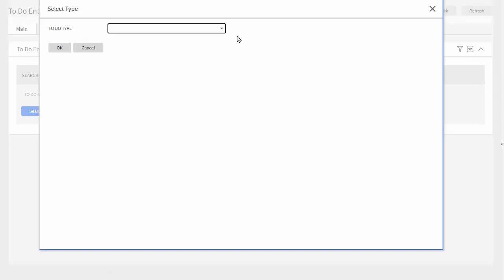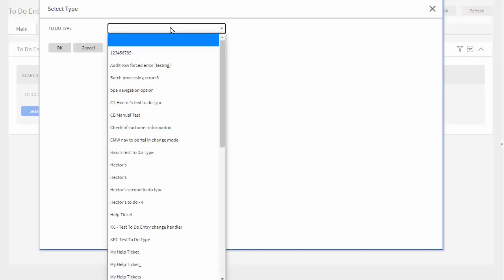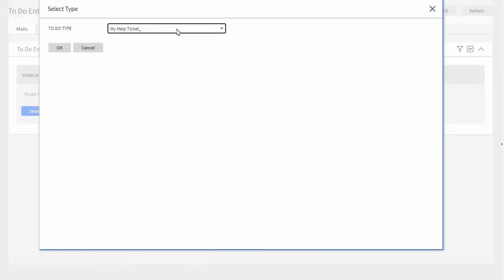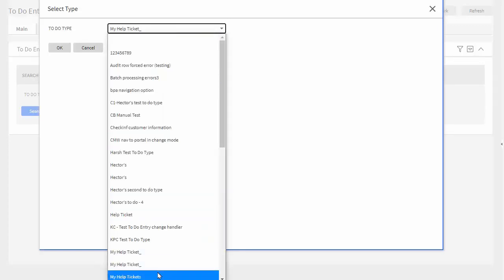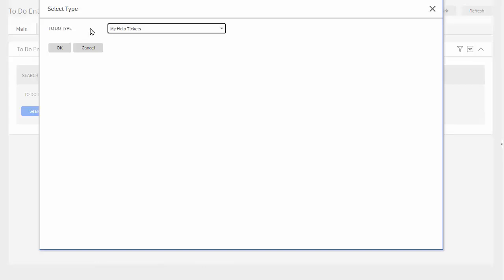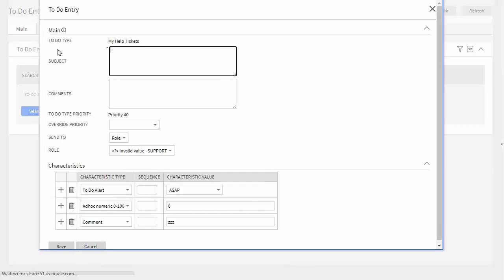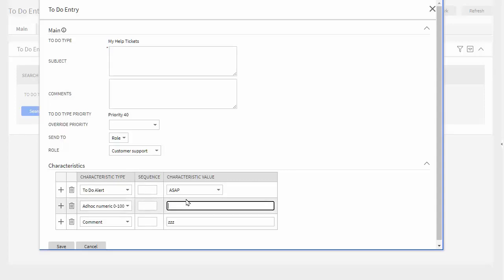This is used to dynamically adjust the screen and invoke the relevant population algorithms. In this demonstration, I'll create a simple help ticket. As you can see, for the algorithm's pre-populated characteristics,